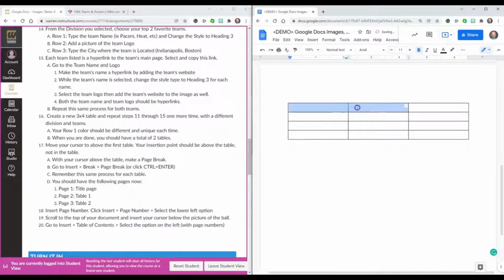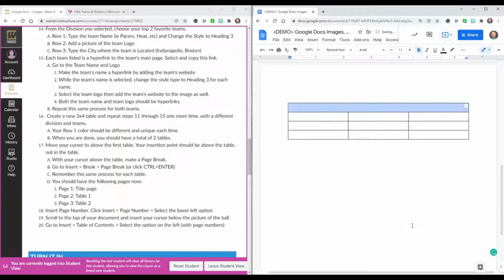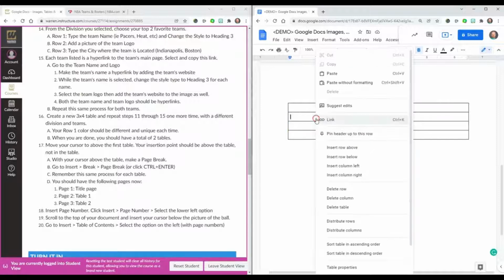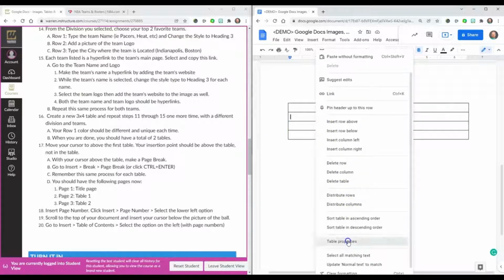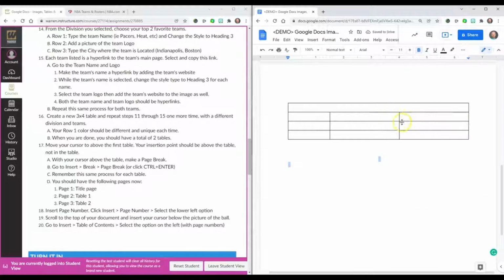I'm going to merge the top row, select, tap with 2 fingers, merge cells. I'm going to select this first column, drag to the bottom, just select the first column, tap with 2 fingers, and go to Table Properties, change the column width to 1.5, press Enter. Make sure both of the remaining 2 and 3 columns are distributed evenly,